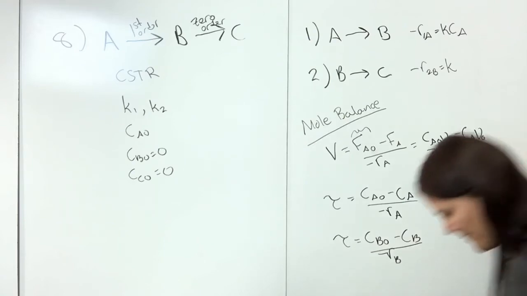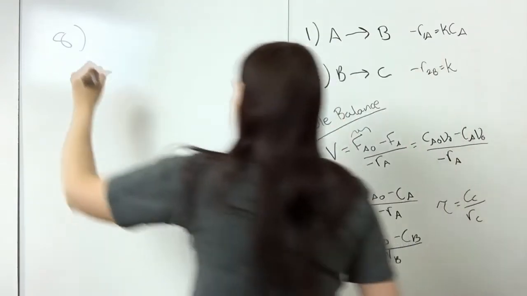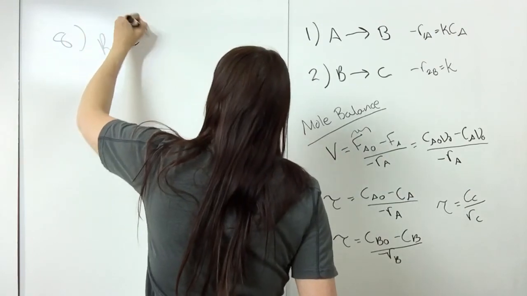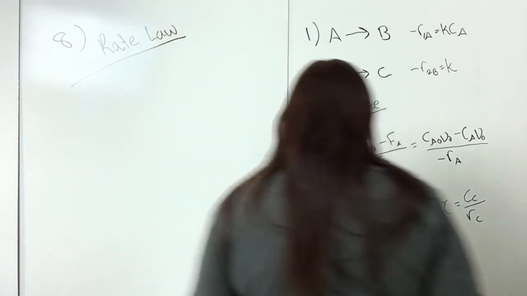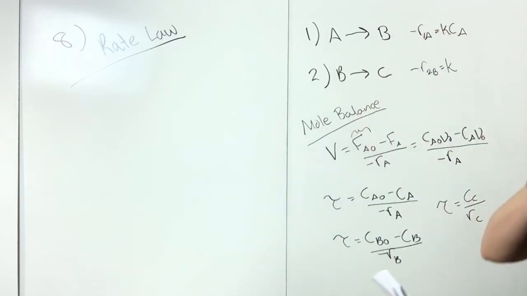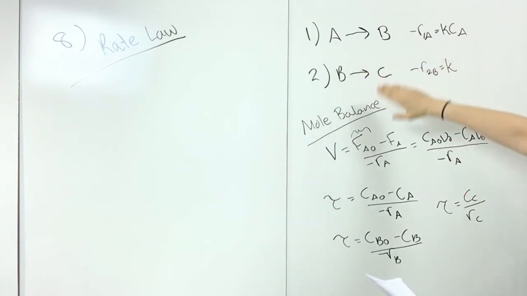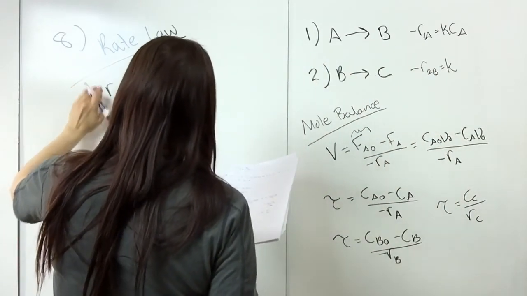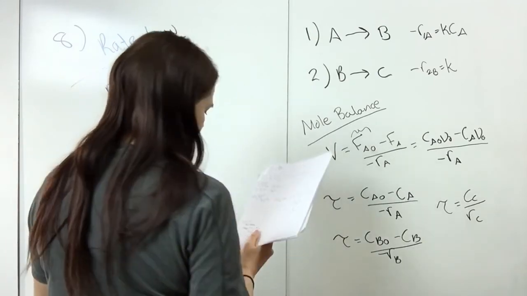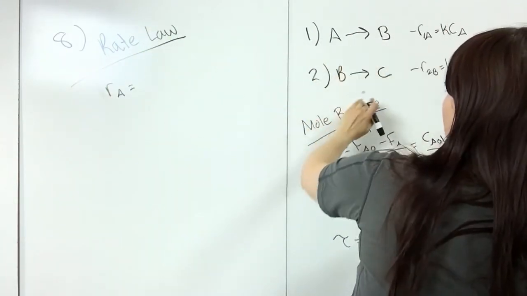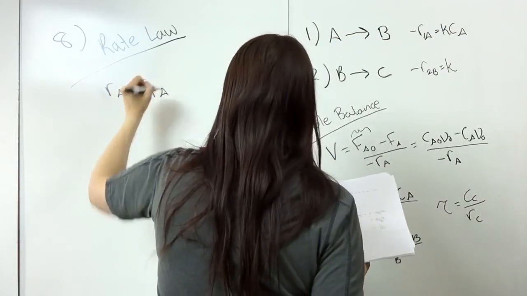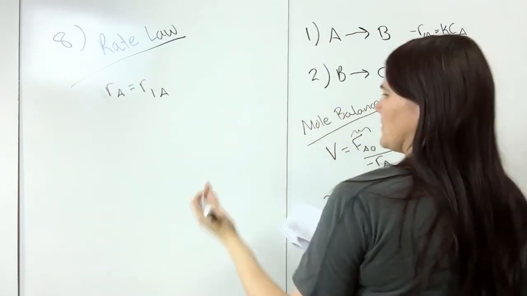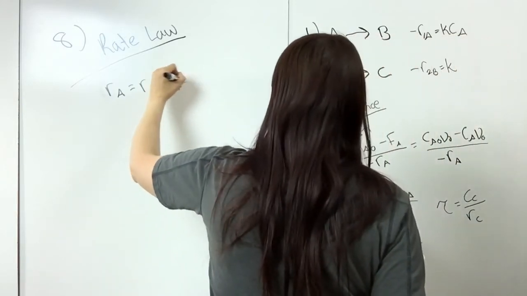So I'm going to erase some stuff and then go over the rate law for this. For the rate law, we need to write the net rate law, if you remember, for multiple reactions. First of all, we know that RA is equal to R1A. And we could also, just for completeness, write plus